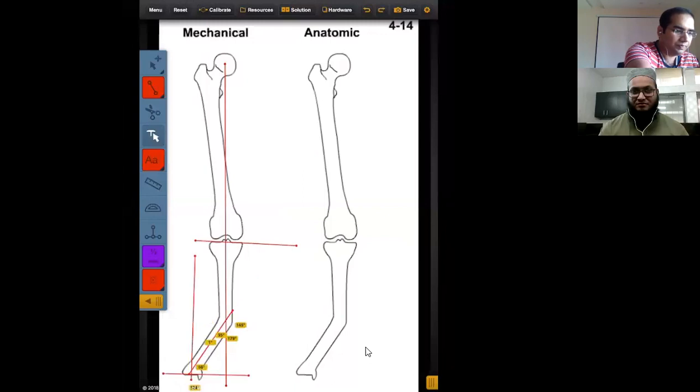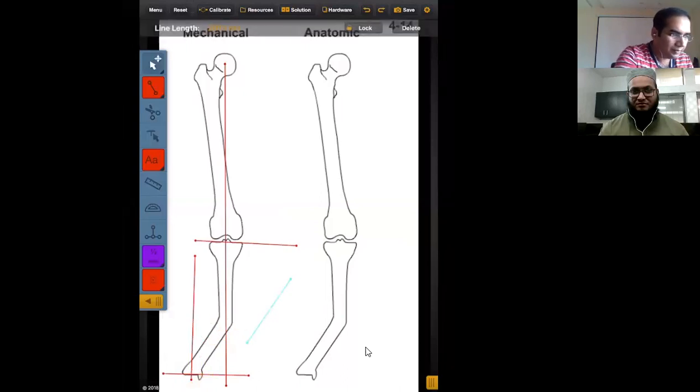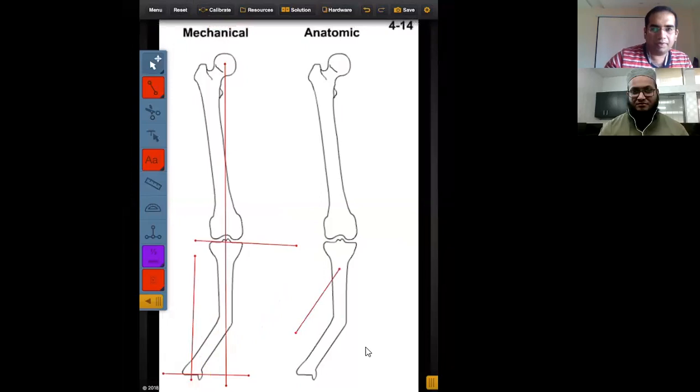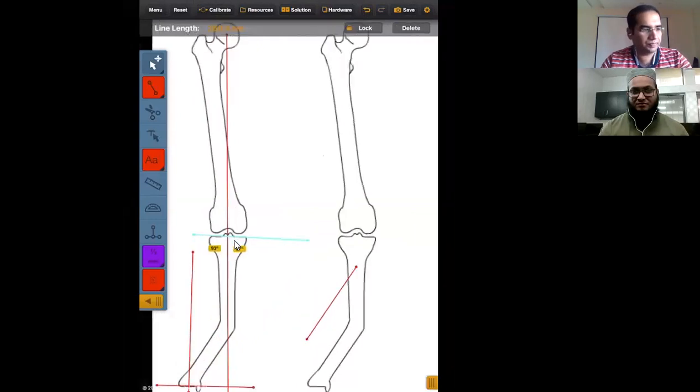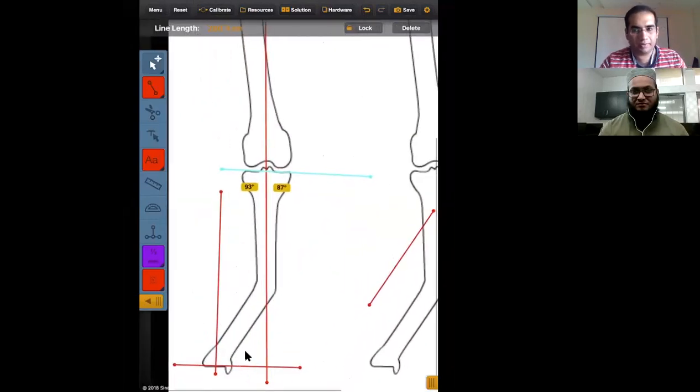Let me revise it in one minute and then we can proceed to our next session. In this patient, in this scanogram, the femur was normal, so we extended the proximal axis. The proximal reference line is 87 degrees, as you can see. We drew